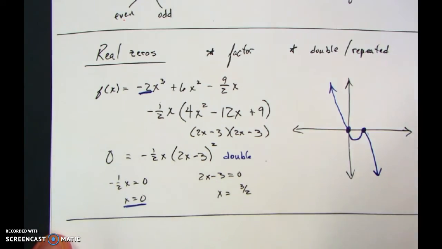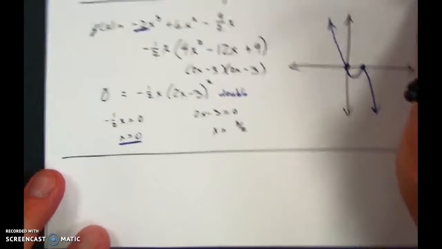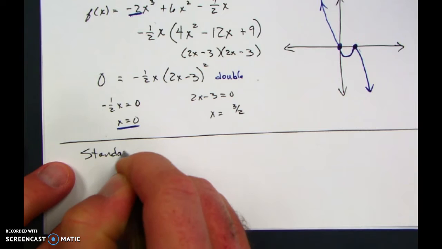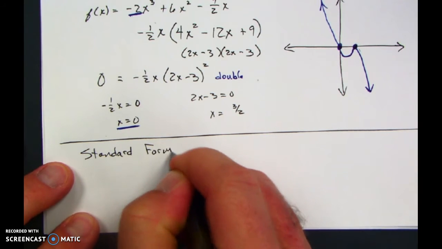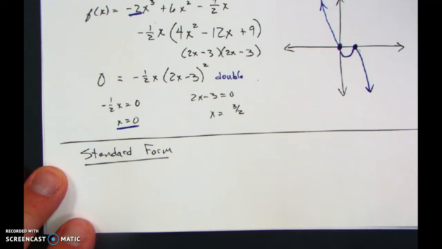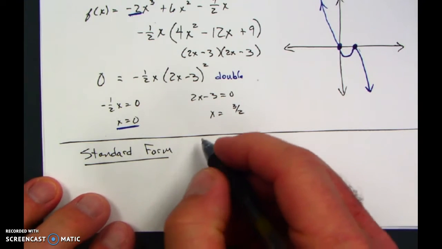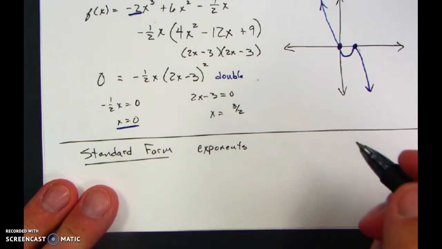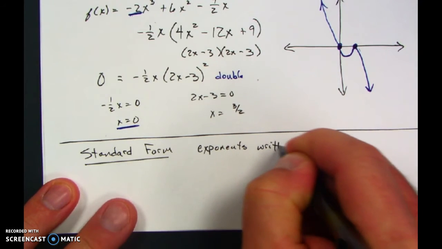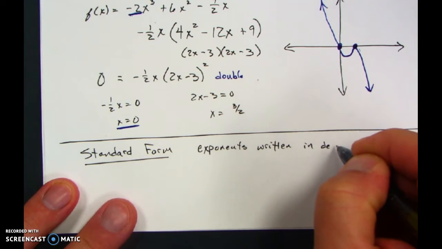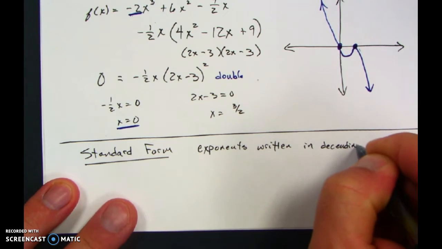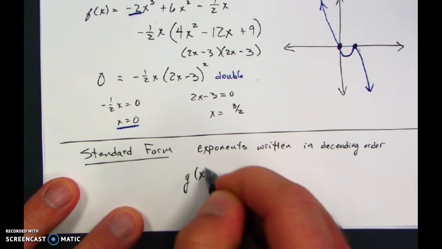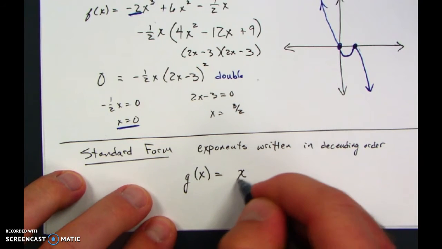Now, something else we're looking at within this section is the standard form when we're writing these polynomial functions. First of all, in standard form, what we're saying is that the exponents will be written in descending order. So what that means, I could have a function like g of x is equal to, maybe it's x to the 5th,